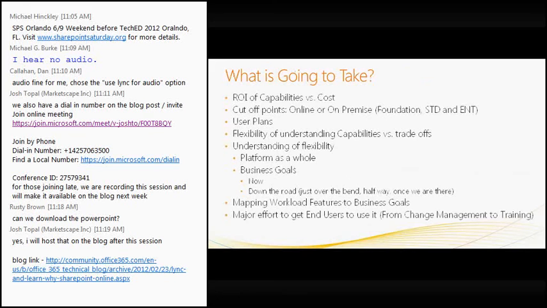To get this going in your organization, you're going to basically need ROI capabilities versus the cost. My suggestion is that not only do you build metrics around those, but also make sure that you plan to build a story around them. SharePoint will often have a longer timeline to come back with numbers on it, depending on how you define ROI. But if you build a story around it, people will be able to tell how it was more helpful, how it was able to make them more efficient. Again, make sure you know your cutoff points.